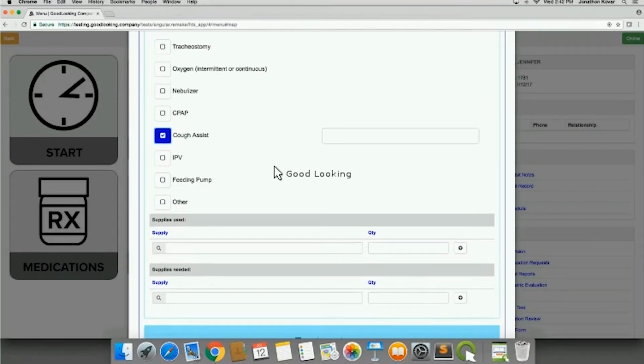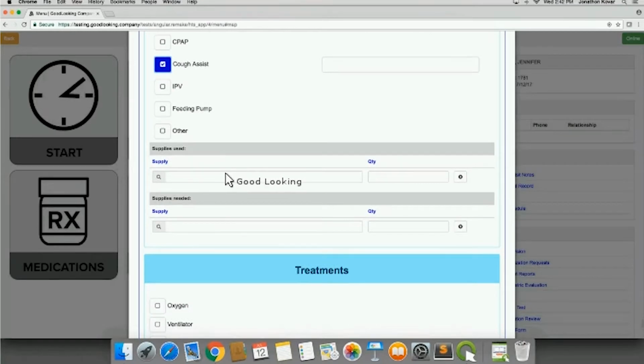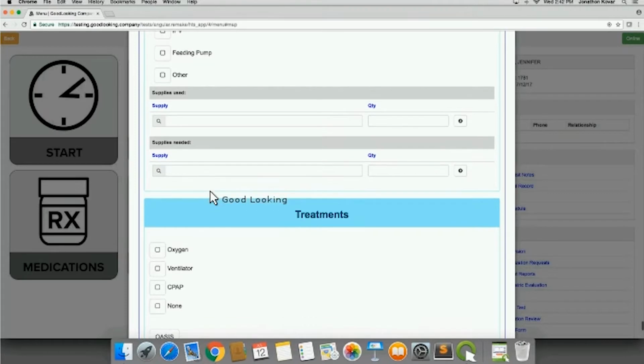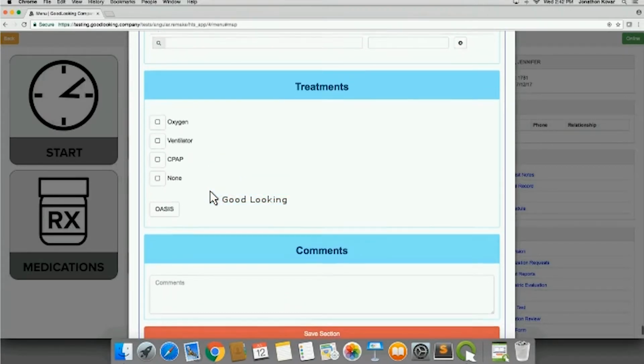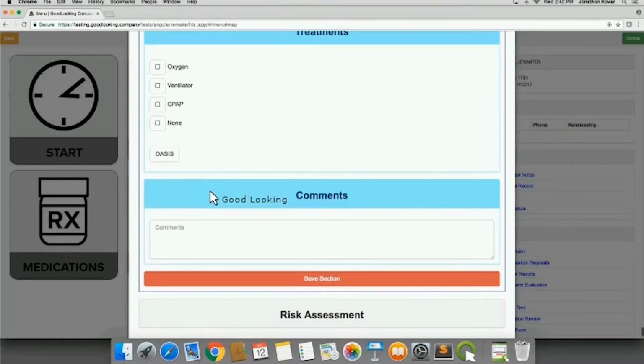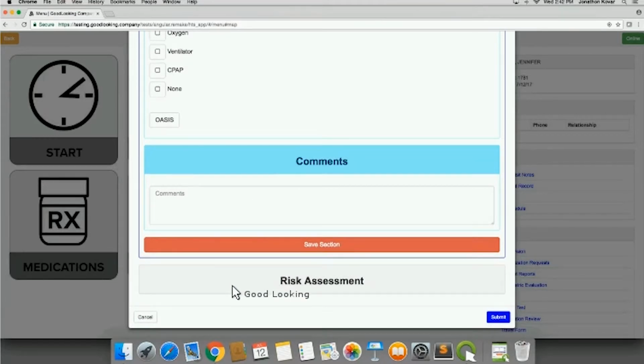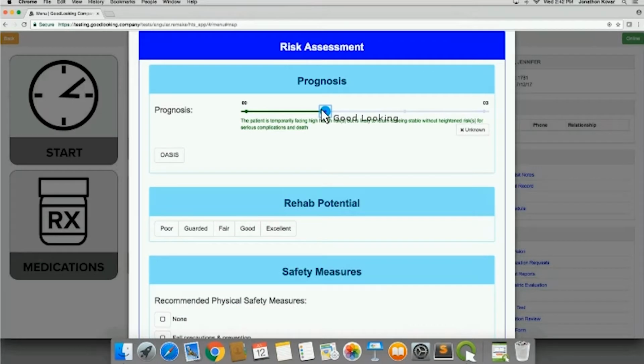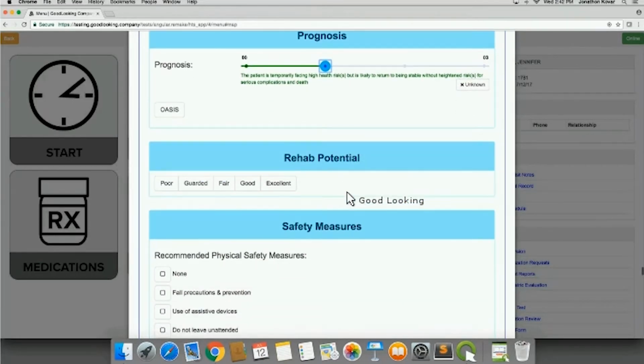You have all of your other equipment types, supplies used and quantity, supplies needed, which again automatically can go to your plan of care and also to an ordering screen to help you with ordering new supplies. Any treatments that have been utilized, and then we do a quick risk assessment for all of our patients, prognosis, how that goes to the plan of care,